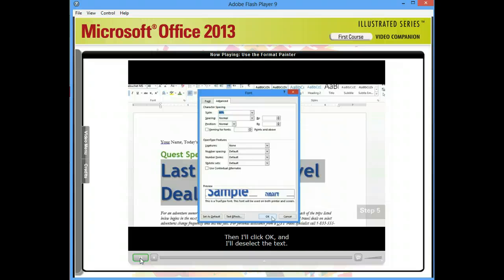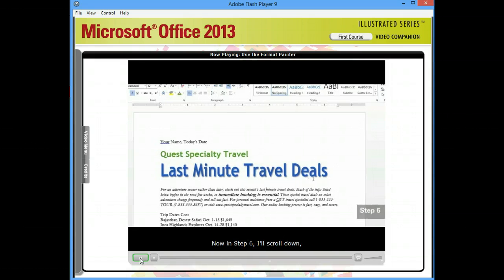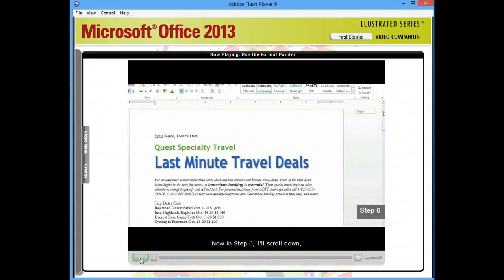Then I'll click OK, and I'll deselect the text. As you can see, decreasing the scale of the characters makes them narrower, so the title is now able to fit on one line. Now in step 6, I'll scroll down,